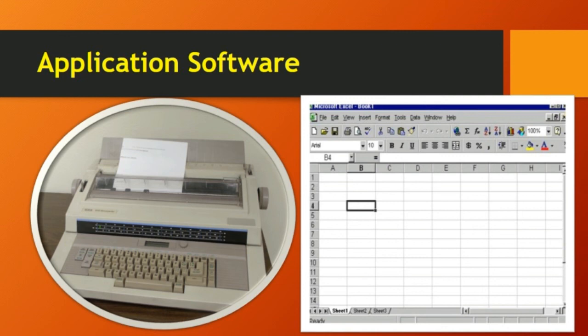Next one is database management system, DBMS. It is used for creating, maintaining, sorting and retrieving the database. That means it will create and maintain everything, and we can sort out everything from the database. So it is very, very important. Application software is useful for many purposes. Some examples we have seen today. If you go to higher classes, we can study more about application software.